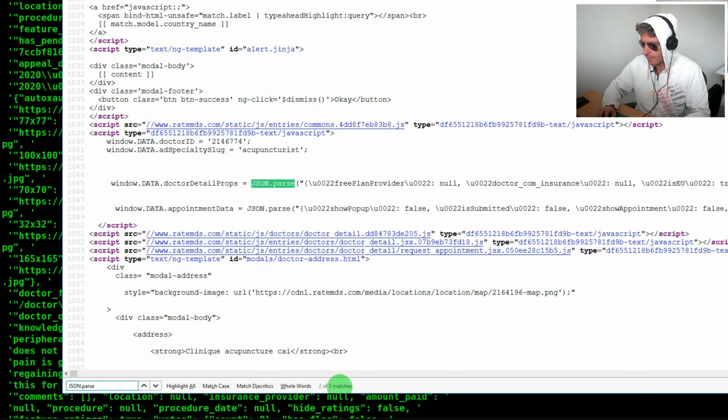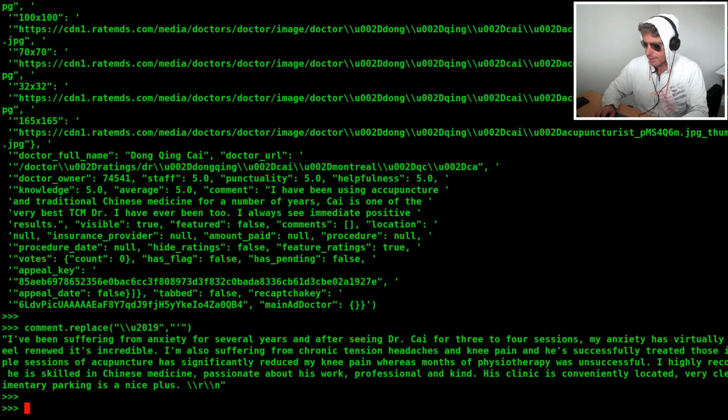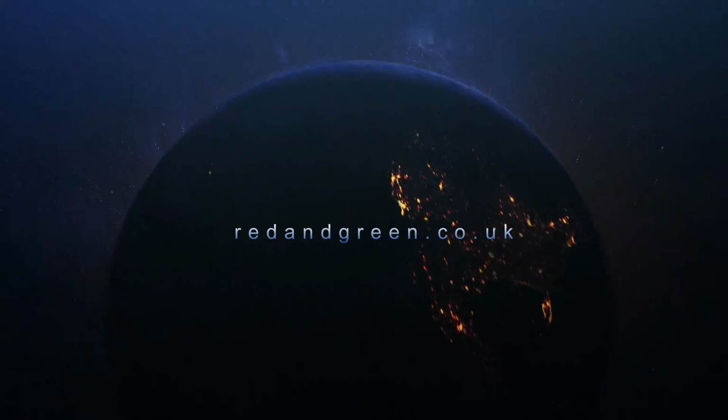The second one is probably the most useful: window.data.doctor.detail_props equals JSON.parse, and that will then get you a dictionary which you can then manipulate.